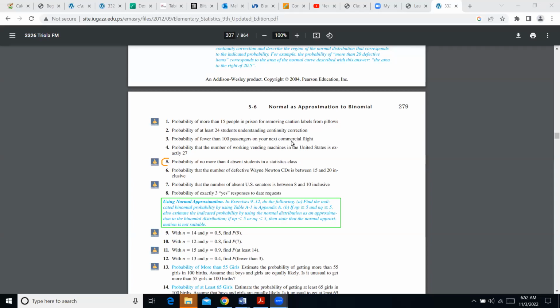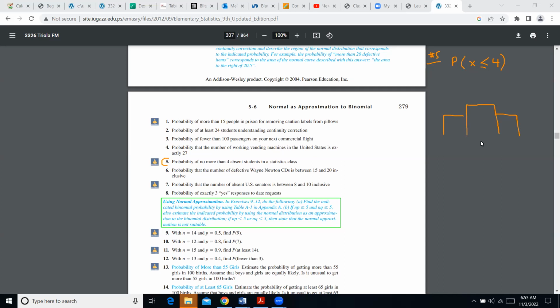So they want a probability that no more than 4. Okay, so probability no more means cannot be greater, but less than or equal to 4. And we always use letter X. So when we do this approximation by the